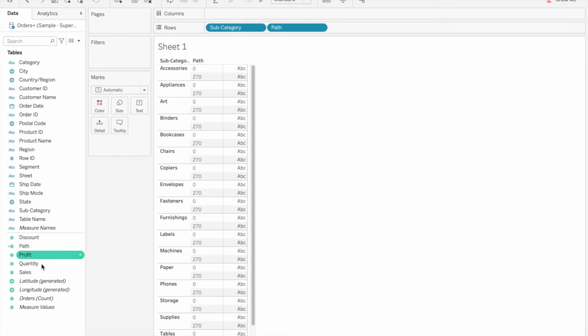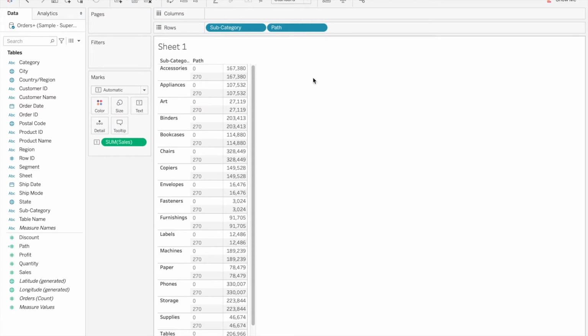So let's see what happens next if we move our sales to text, which means that the sales figure of our subcategories has both starting as well as end point, or has 2 points. However, now in our sales we have two sum of sales figures for each subcategory, which means that there is duplicacy.